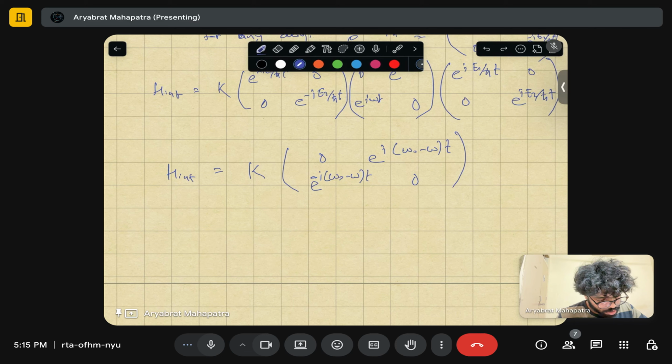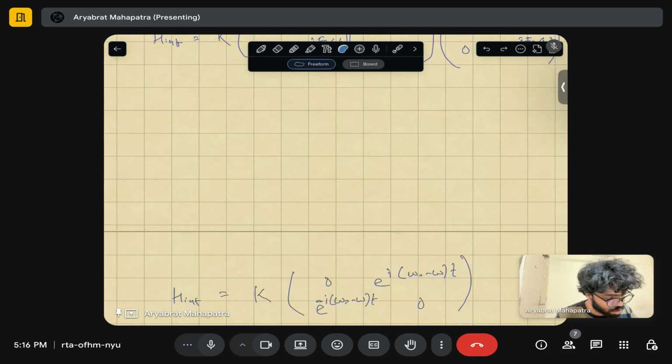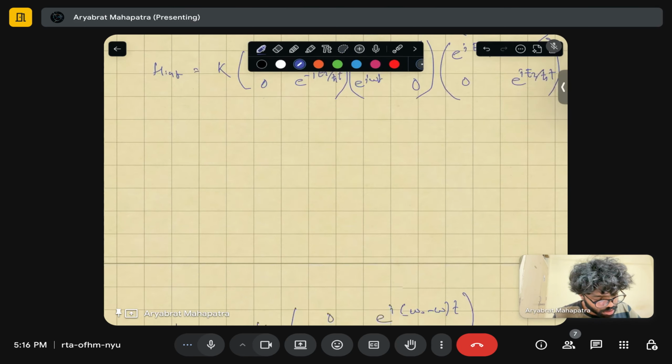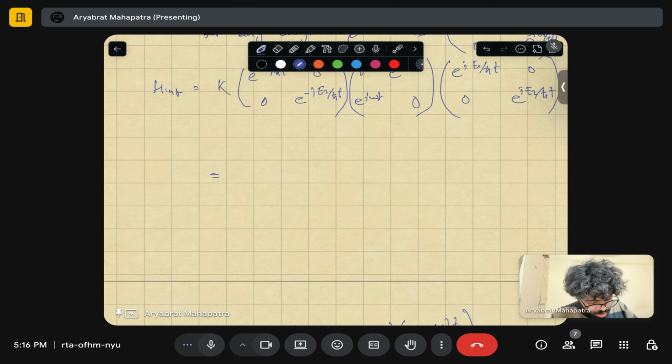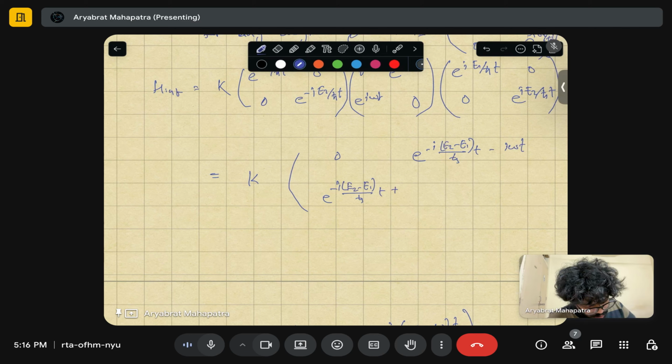So if you solve this, after doing the matrix multiplication, you will get 0, exponential of minus i (e2 minus e1) over h bar t minus i omega t, and here you will get exponential of minus i (e2 minus e1) over h bar t plus i omega t, 0,